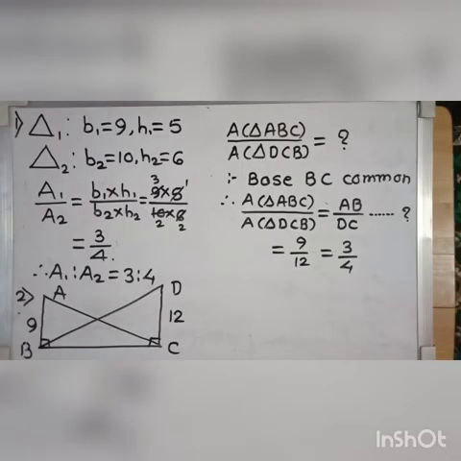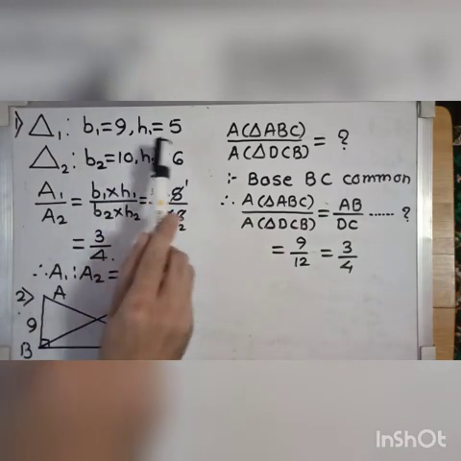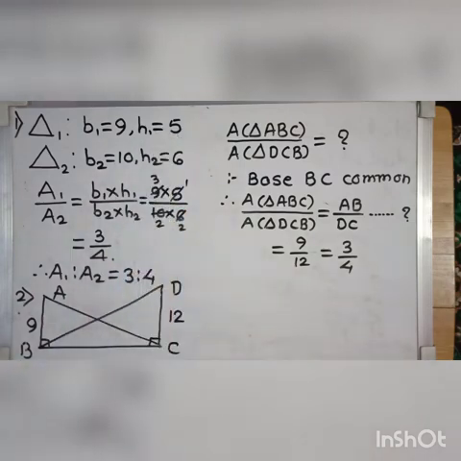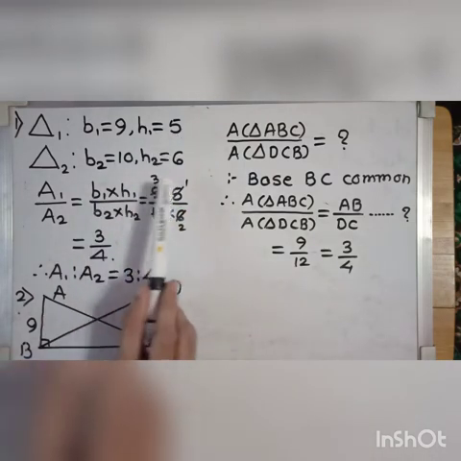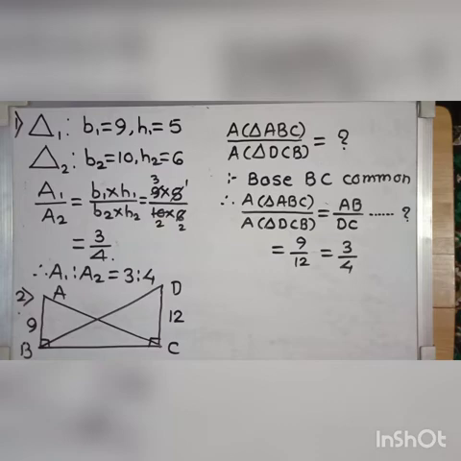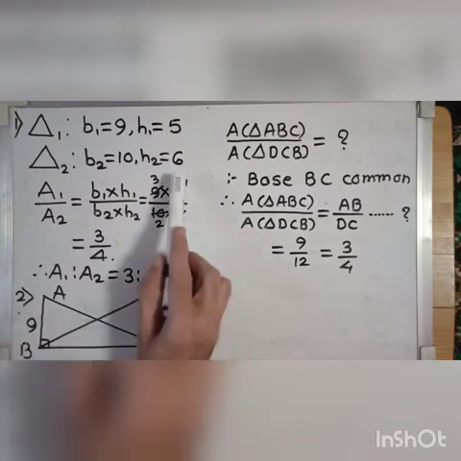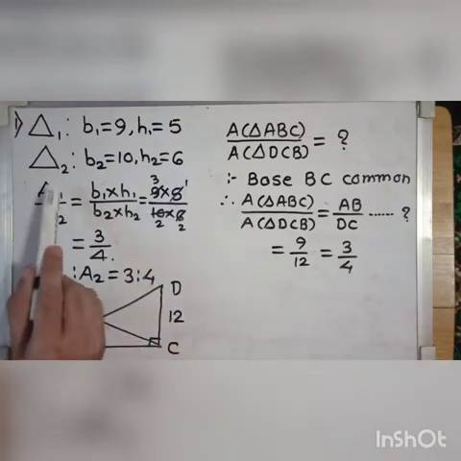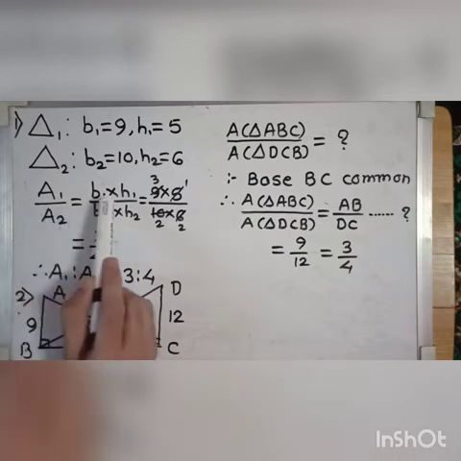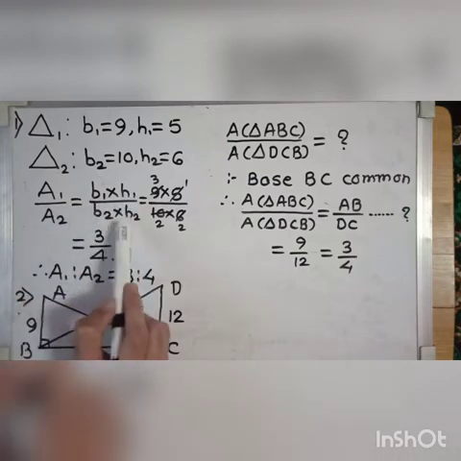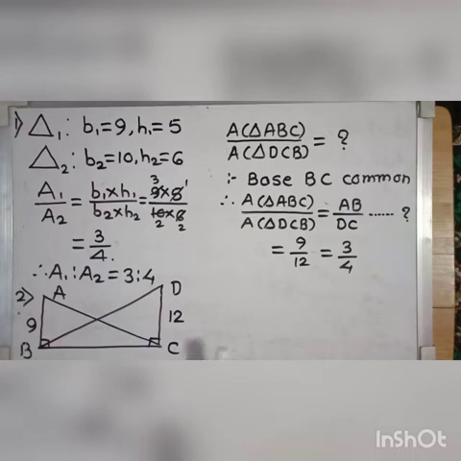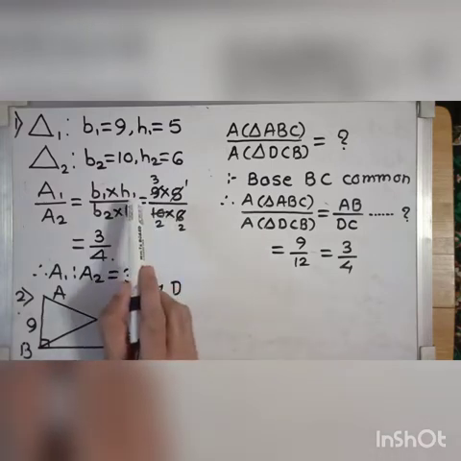Now we consider a couple of examples. Suppose we have two triangles. First triangle base 9, height 5. Second triangle base 10, height 6. So say B1 9, H1 5, B2 10, H2 6. So ratio of their areas A1 upon A2, B1 into H1 upon B2 into H2. So it is by our theorem